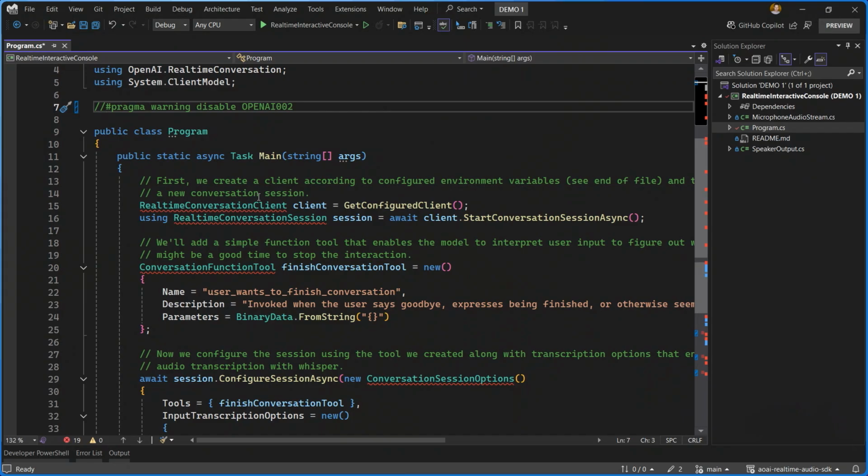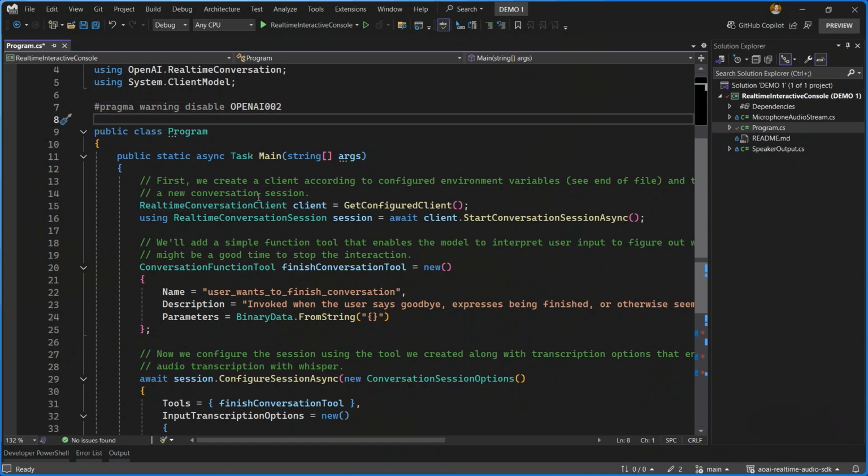The reason why we design the library this way, why we annotate experimental APIs with an experimental attribute, is we want to be able to move quickly and keep pace with OpenAI. If we know there is a beta grade API that customers want to use, they're going to want to use that in a stable release of the library. They're not likely to take a dependency on a beta release. So we wanted a mechanism where these preview beta grade APIs could coexist with the stable bits in a stable release of the library. That's how we do that. All I'm doing here on line 7 is suppressing